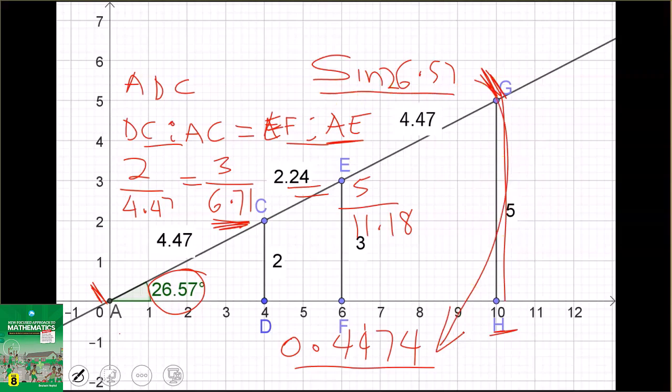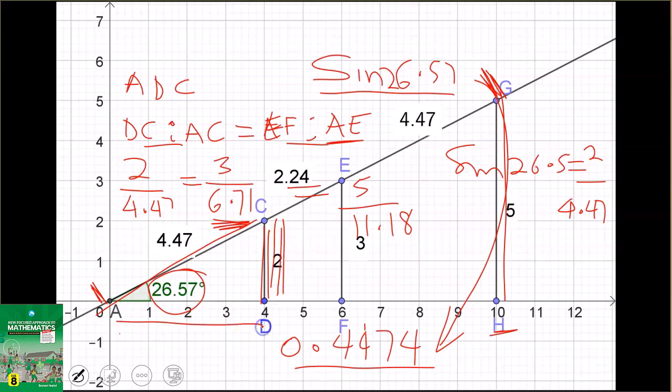What does that mean? What it means is that if I pick the sine of the angle, which is 26.57, it should be equal to the opposite side here, which is 2, divided by the hypotenuse side here, which is 4.47. Now, if I choose not to use the opposite side here, but I choose the adjacent side and divide it by the hypotenuse side, I will get the answer to be cos of the angle 26.57. If I don't do the hypotenuse and adjacent and I do the opposite side and that of the adjacent side, I will get tan of the angle